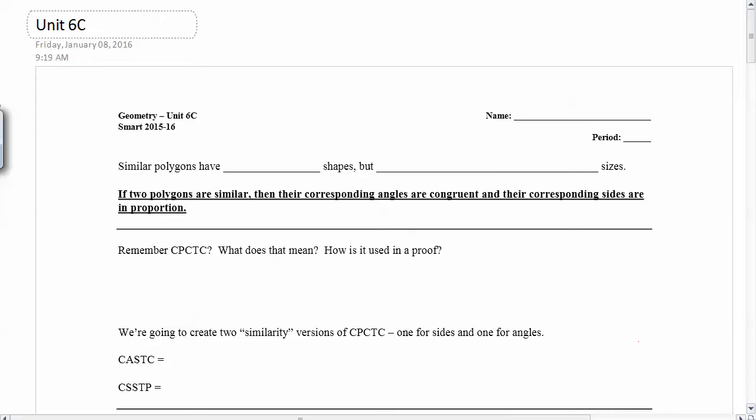Okay, so this video is going to be on Unit 6C, that handout. It's going to be more stuff related to similar polygons. So if two polygons are similar, remember one's kind of like a big version usually and one's a smaller version, and they look the same. It's like you just shrunk one down. So they have the same shapes,